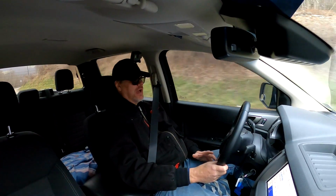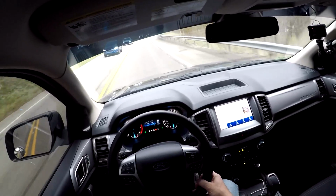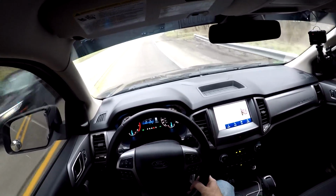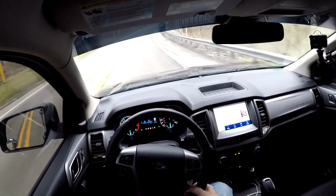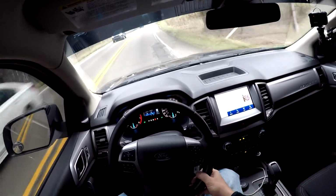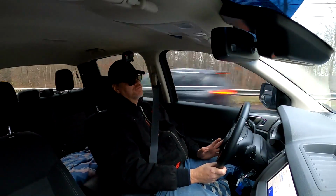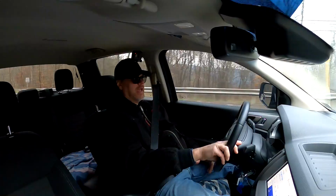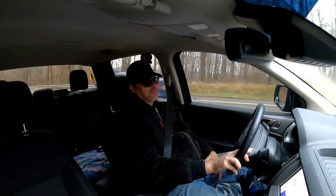So I haven't had to deal with that oil filter I hear is a pain in the ass. But here you can see on the highway now, we're cruising nice. We're in 7th gear right now, going up a hill, just a little over 60 mile an hour. You know, I noticed that when you have it in cruise control going down the interstate, and you're going up a hill or whatever,